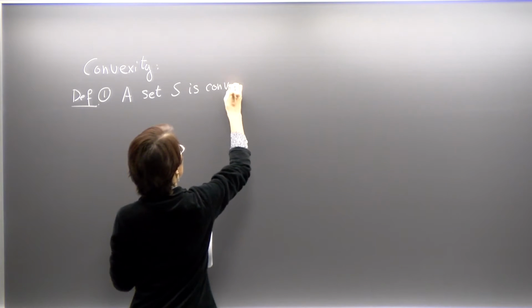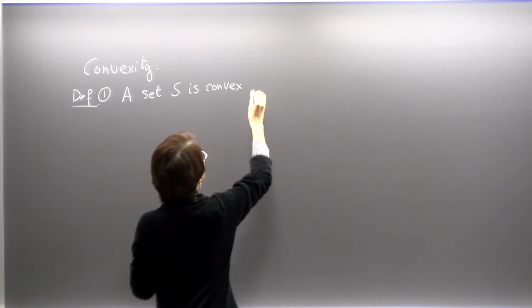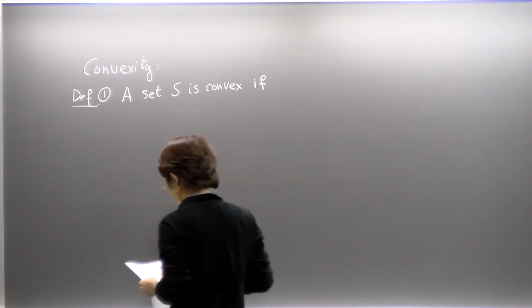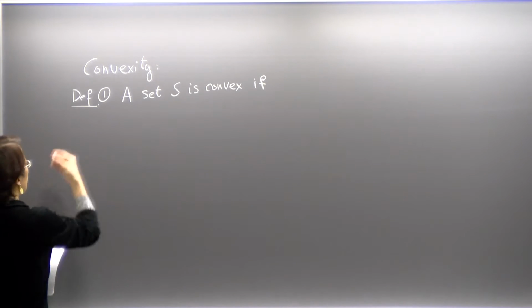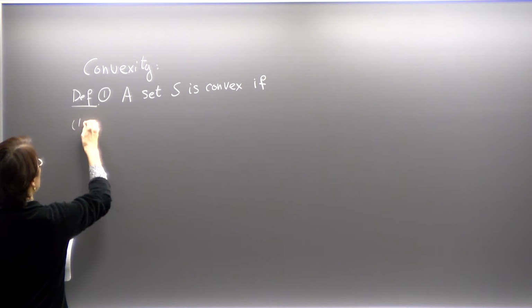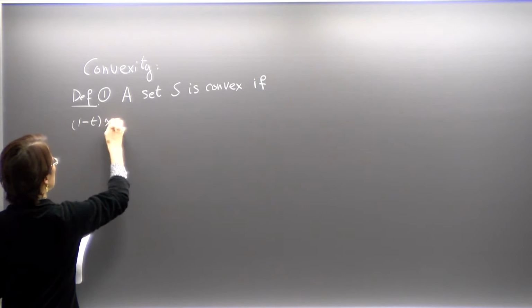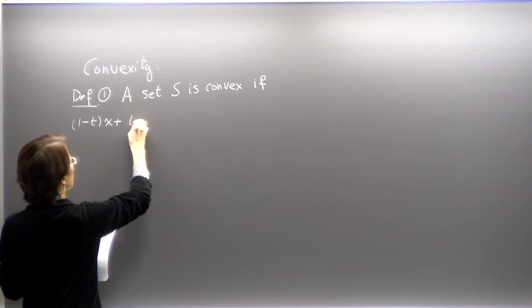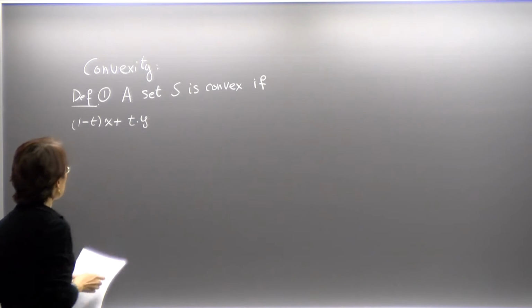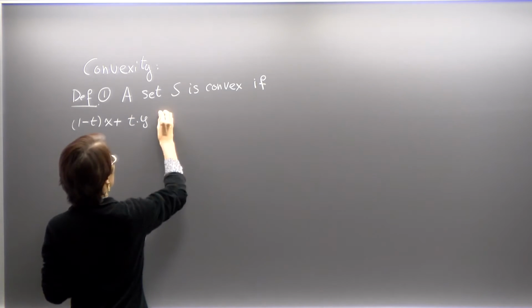We say a set is convex if the following holds. If I have this 1 minus t, I'll explain what that is, so if this guy belongs to the set,